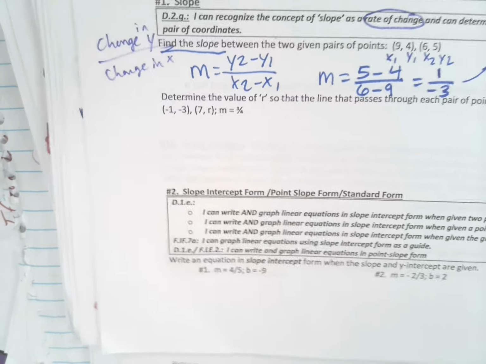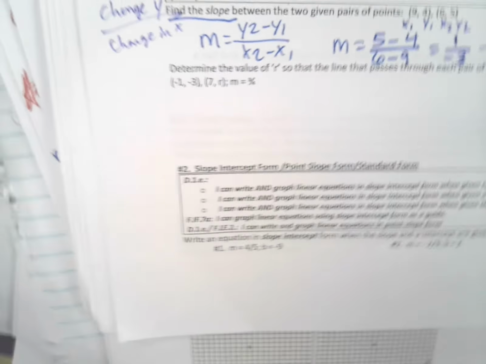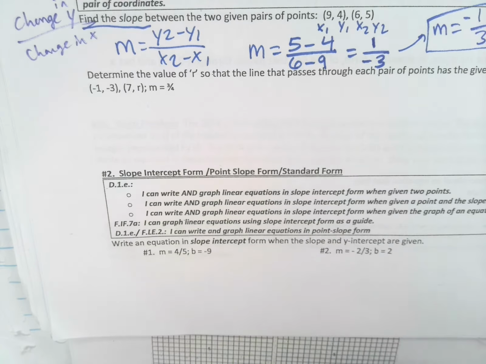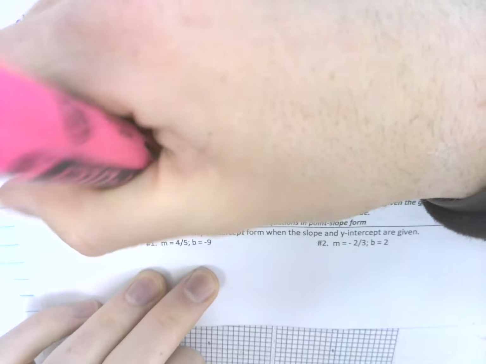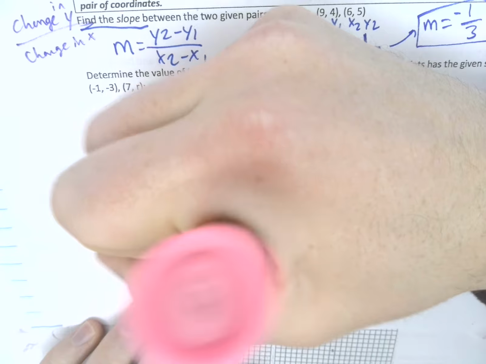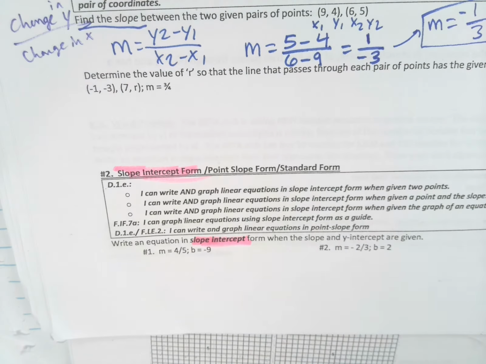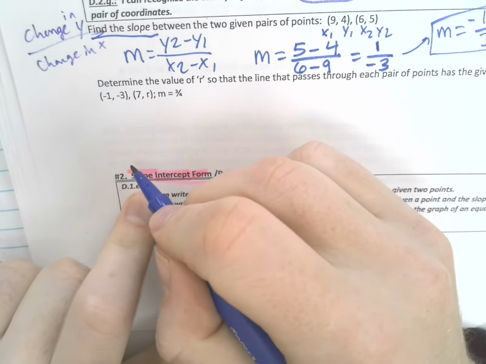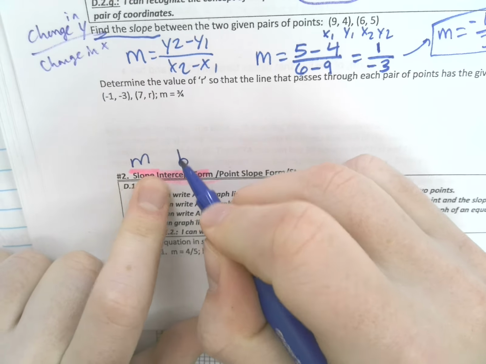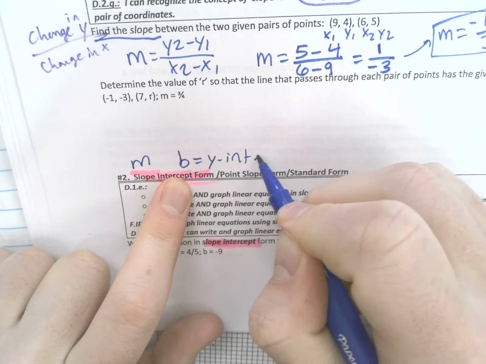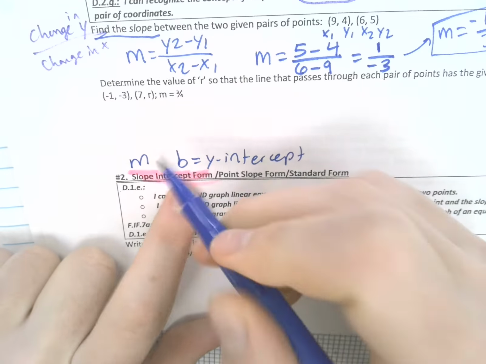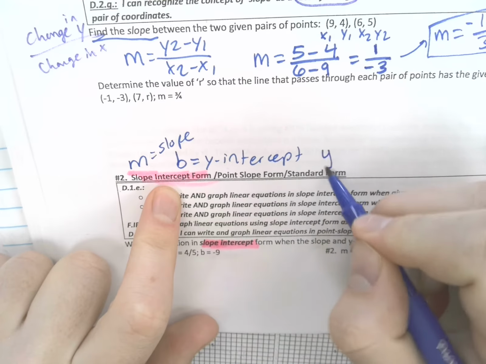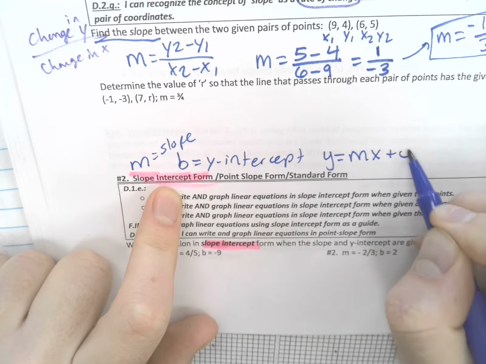Now, number 2. Let me adjust this. We want to be able to deal with these 3 forms, starting with slope-intercept. That's what we're going to see down here. So remember, slope-intercept form requires us to have 2 things, our slope and our y-intercept. So we know m is our slope, but b is going to be our y-intercept because our equation is y equals mx plus b